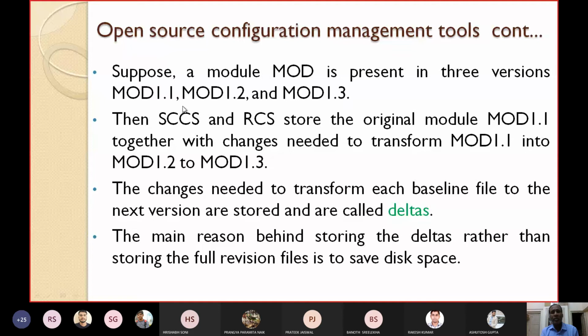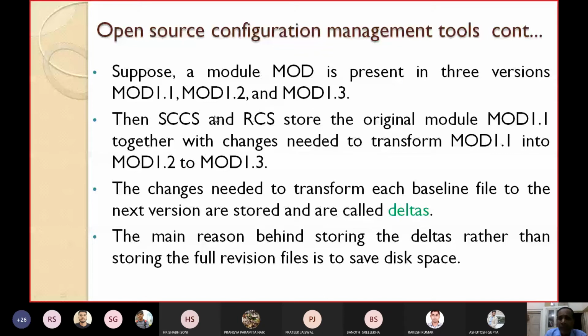There is no need to store all those things in full. How can we save this space and time? We can save only mod 1.1 in detail. Then we store what changes we applied on mod 1.1 to get the new version mod 1.2, maybe minor changes. We call them delta. Then the changes to go from mod 1.2 to 1.3 are another delta.